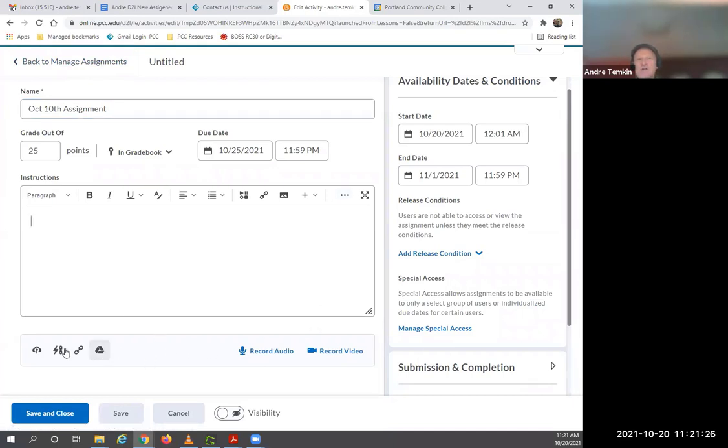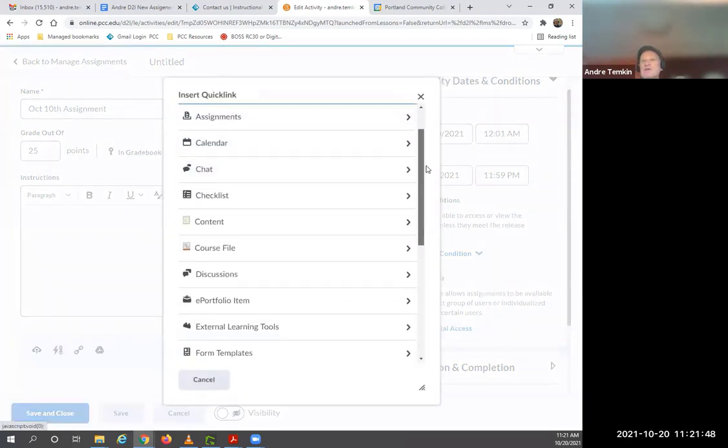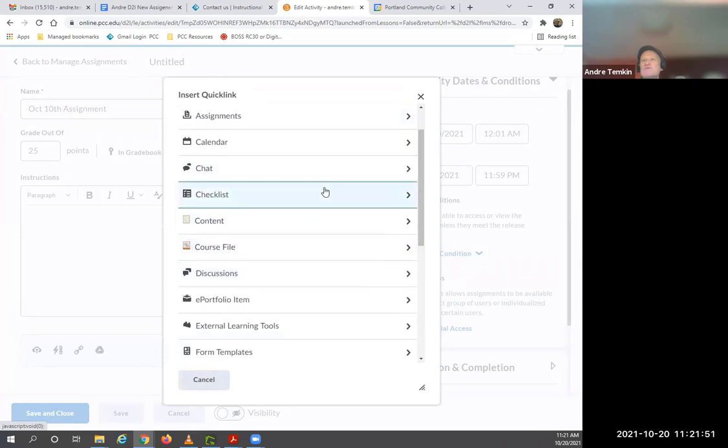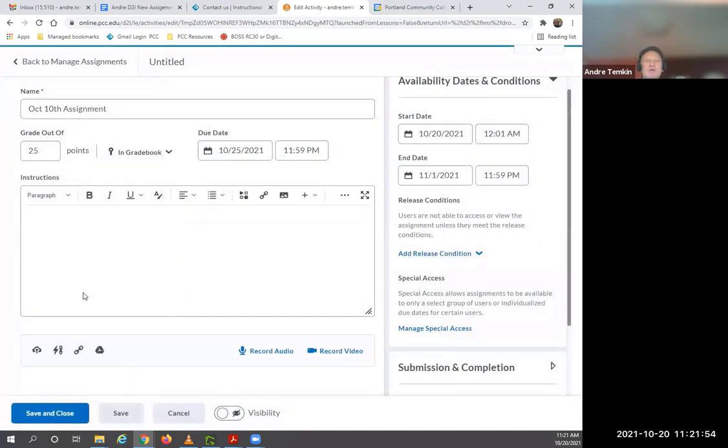Okay, so let's take a look down over here. There's more options in this area. So this area kind of represents all possible attachments that we can have to the assignments that we're creating. So you can upload files, or you can link existing files to existing activity in your course, right? You can choose any of your content items or course files or discussions. You can link it right over here. This is just a regular link, and I believe this is a Google Drive. You can record audio, record video, and that would create attachment for this